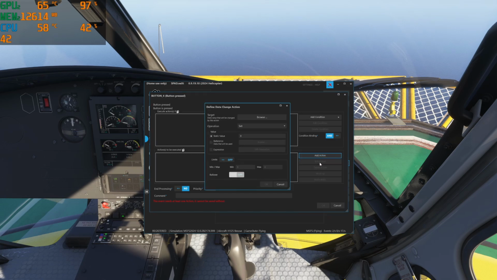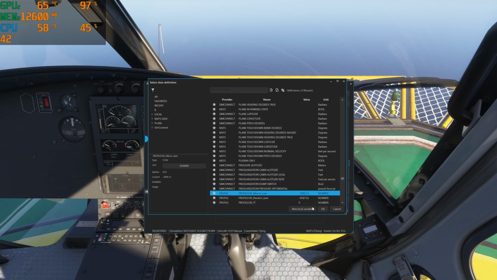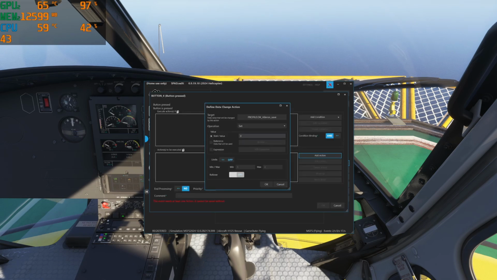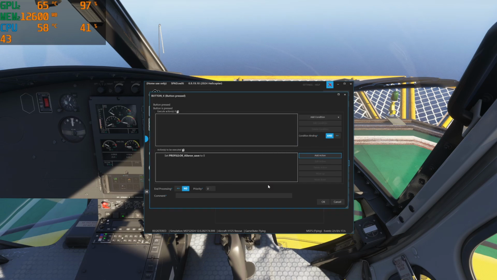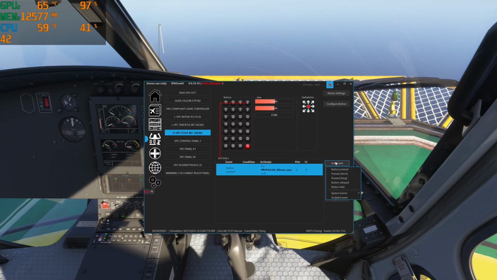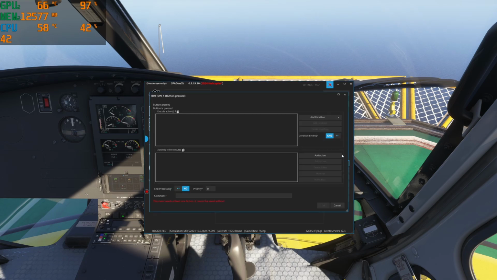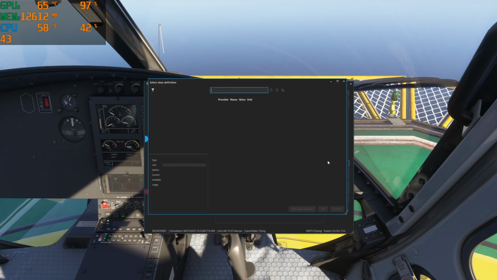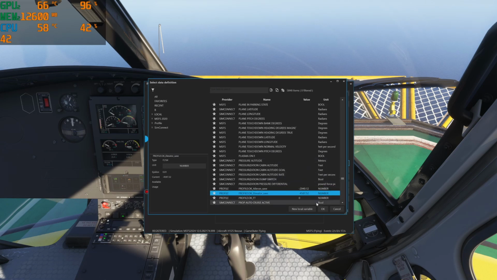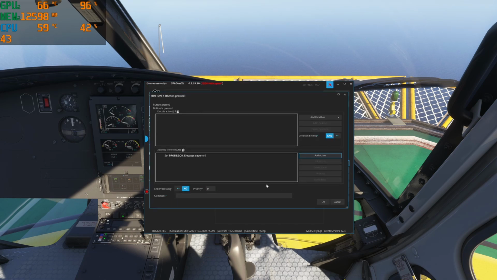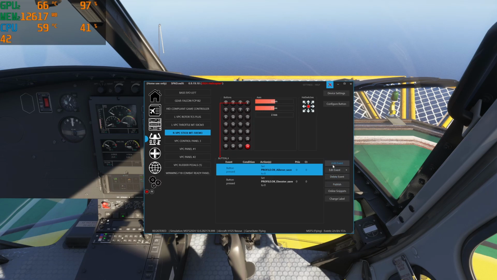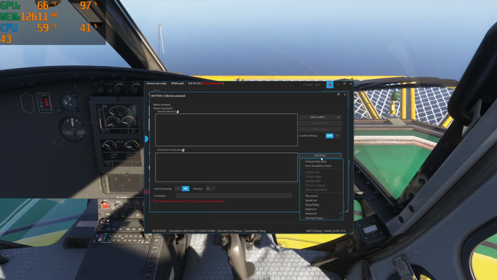add action, change data value, and we're going to start with the aileron save and set it to 0. That's all I want to do. Hit OK. Add action. Don't combine them all to the same menu. I've noticed that has mixed results. Do them one at a time. Button press, add action, change data value, find the elevator, set it to 0. Now add action, button pressed, send simulation event,